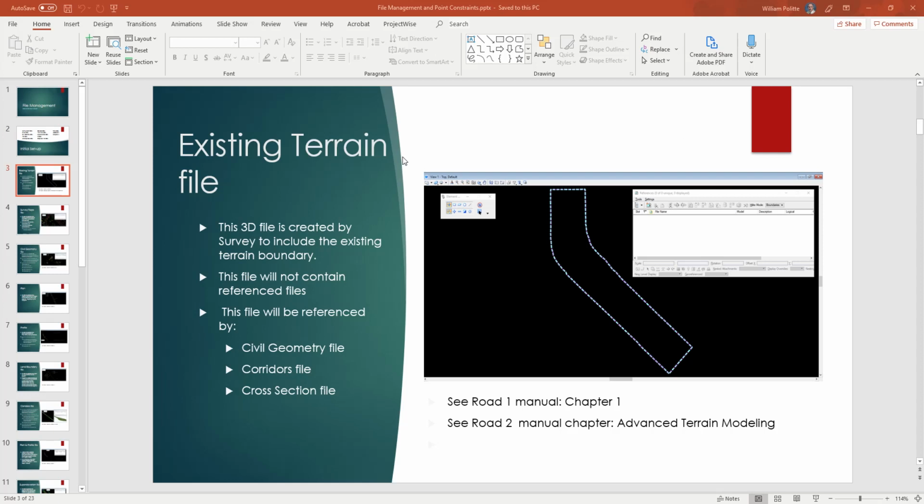The first file we'll talk about is the existing terrain file. This 3D file is created by survey to include the existing terrain boundary. This file is referenced by the civil geometry, corridors file, and the cross-section file. The terrain is important for us to be able to get the surface out there so we can utilize the existing surface. And you can see in the image over here on the right side that there's just a boundary,